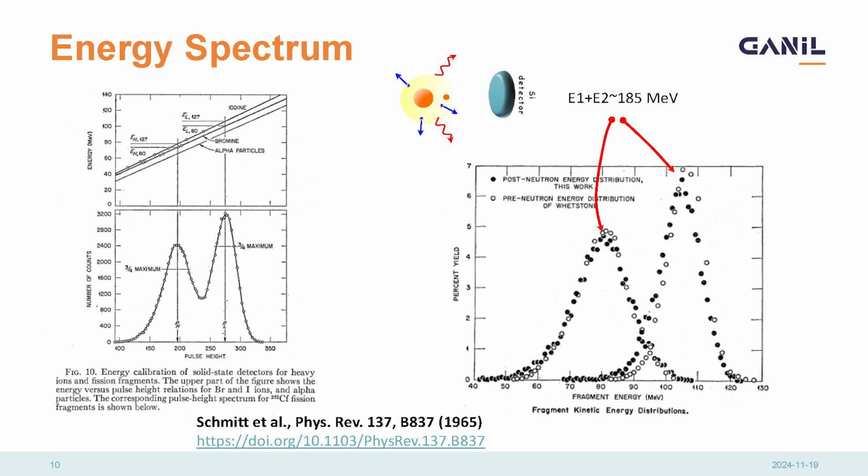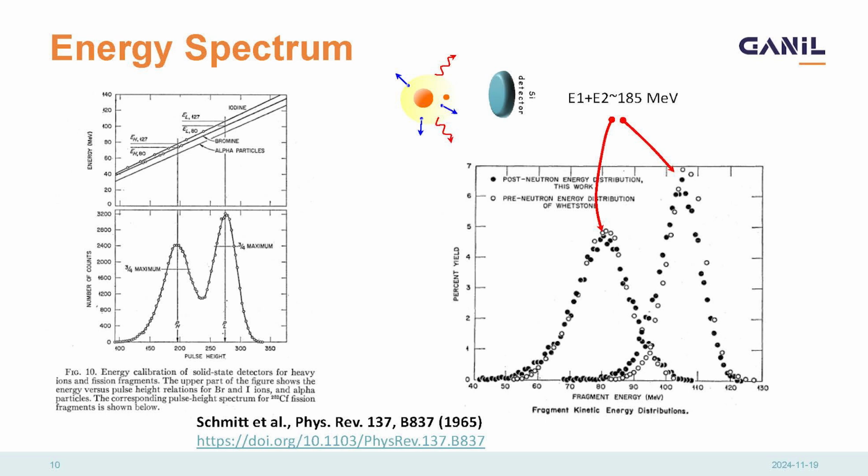So you measure the energy of one of the fragments. You basically make your measurement, and this is what you will measure. Here this is the energy, the yield in percent, and you see these 2 bumps. The first feature is that if you look at the total energy that is released, on average, of course you have a distribution, but basically about 185 MeV is accessible here. To get this was very hard,